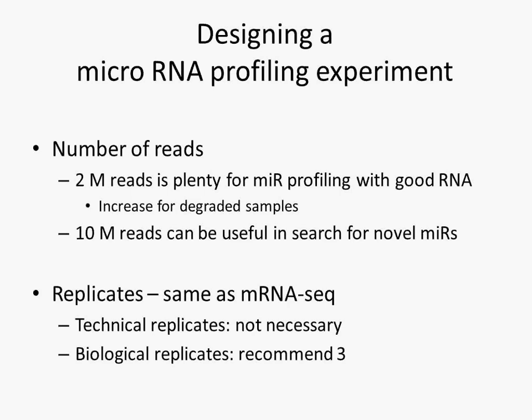We've noticed that if the RNA degrades and we see more small RNAs that are reactive to those specific ligation steps, we may want to increase the number of reads in order to maintain around 1 million reads that are actually going to go into the microRNA profile. Now, one exception would be if you're searching or suspecting the presence of novel microRNAs in your sample. Up to 10 million reads can be useful if they are in low expression level, which would increase chances of actually finding them above the background of anything that does not align to the precursor